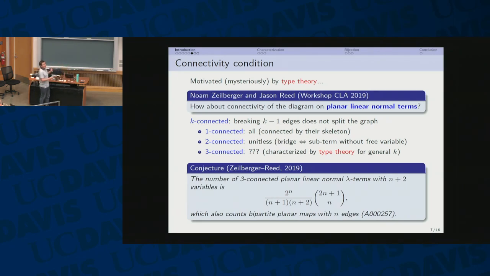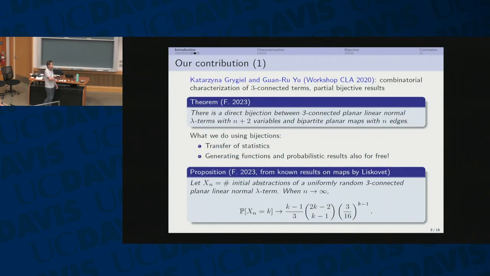However, they still computed the first terms of the enumerating sequence, and they found that it looks like it's enumerated by this very nice formula, which also counts bipartite planar maps. So now we want to find a bijection, of course. They conjectured this is true, and this is exactly our contribution here: we have a direct bijection between these two objects, based on a combinatorial characterization of three-connected terms given by Cassia and Guanru